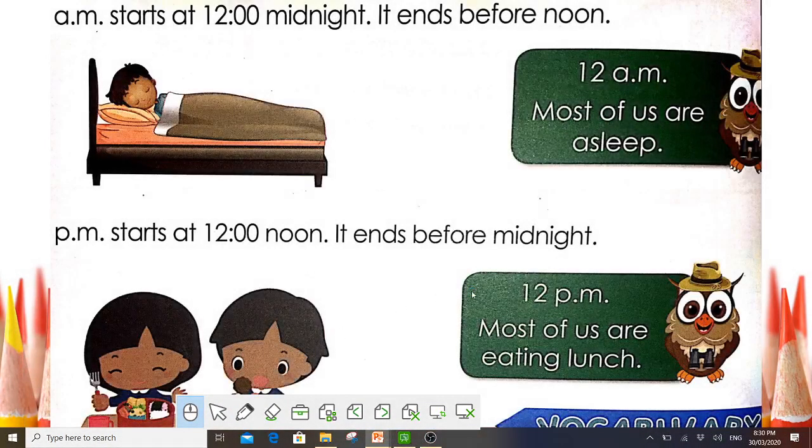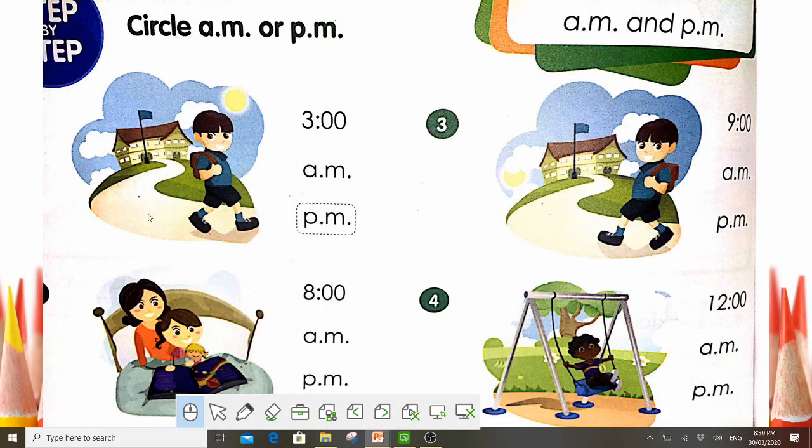Now let's do our exercise here. 12 a.m. Most of us are asleep. 12 p.m. Most of us are eating lunch, or in our school we are making salah, we are having salah break. Okay, circle a.m. or p.m. Easy peasy. Look,